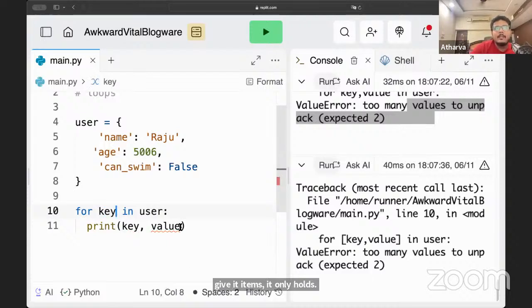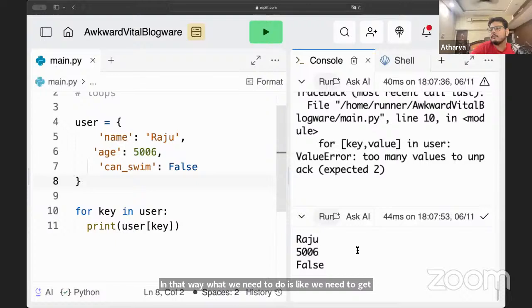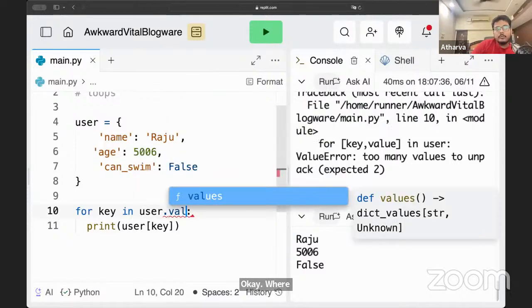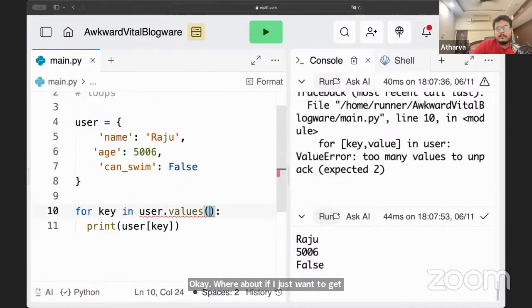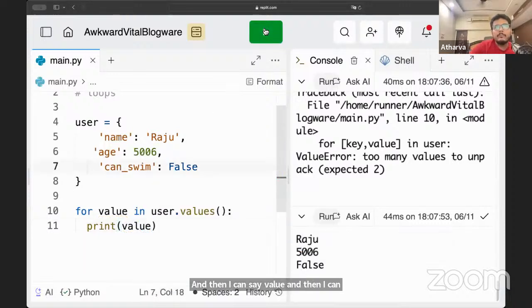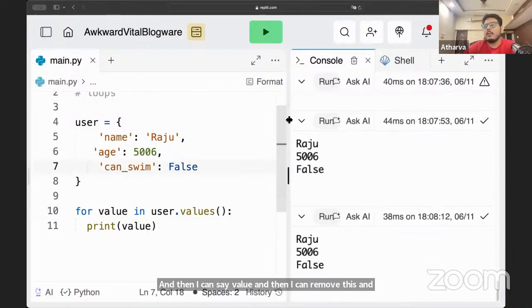In that way, what we need to do is like, we need to get value as such. What about if I just want to get values and not keys? Then I can just use values, and then I can say value, and then I can remove this and I can just print value, and it should work.